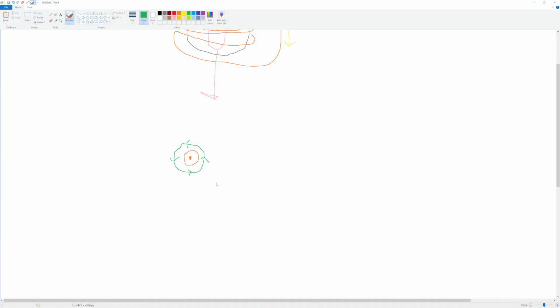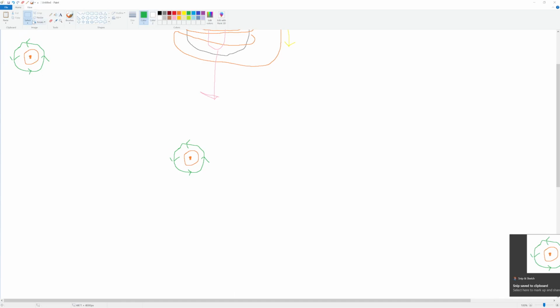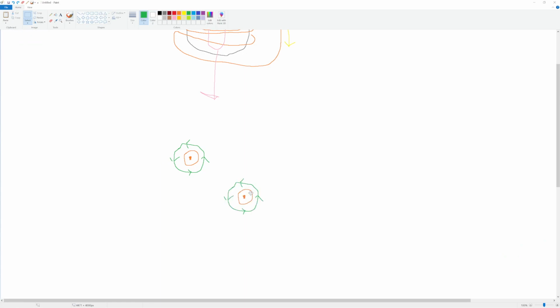So we can copy this, make some sort of an array of these wires here. And what you may or may not notice